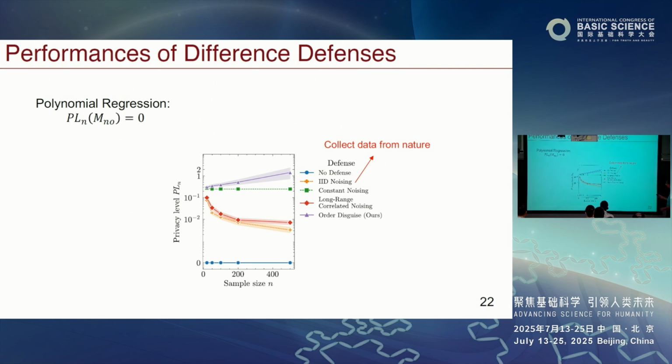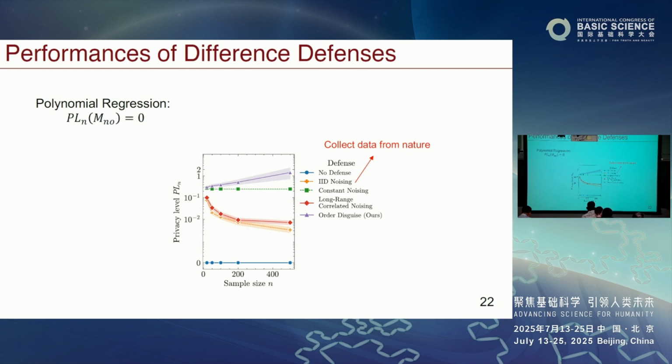Now, what alternatives can we do? A number of possibilities. One is we do IID noising. Here IID noising is just like you collect real data yourself, similar to the traditional learning framework. You can also do constant noising. That is at the utility level. Remember we have a utility constraint. I just add a constant at the utility level, then everybody is shifted, so you have that bias throughout. Unless you have additional data, you can't figure out that bias, and therefore you're going to suffer. So that's the constant noising.